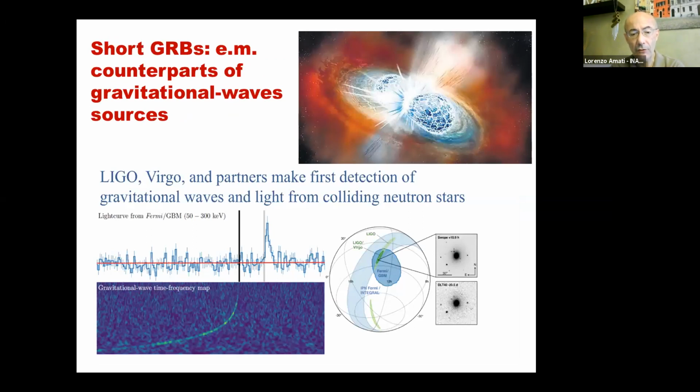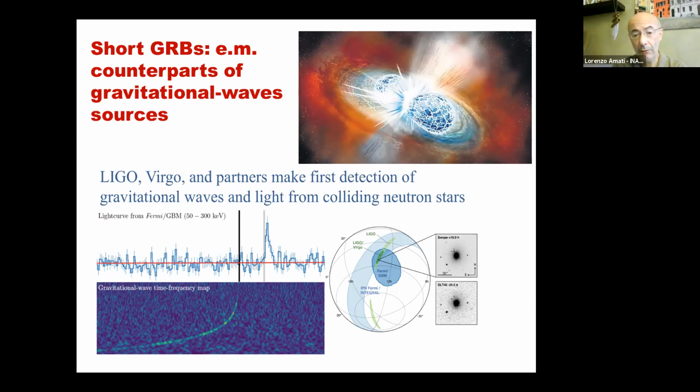At the same time, as I mentioned, the two main flavors of gamma ray bursts: long, of much interest for cosmology, and short, of much interest for multi-messenger astrophysics. Because as you know, of course, in 2017 there was the detection of the first gravitational wave from a neutron star merger by LIGO, and the simultaneous detection, only 1.7 seconds after the gravitational wave signal, of a short gamma ray burst detected by the Fermi gamma ray burst monitor from a direction consistent with that of the gravitational wave.